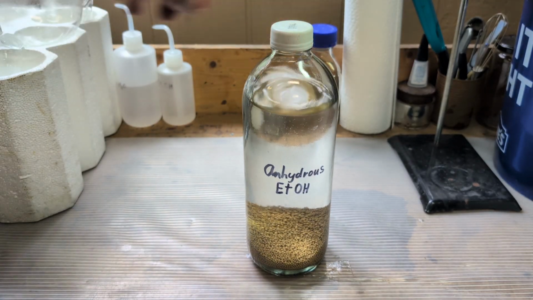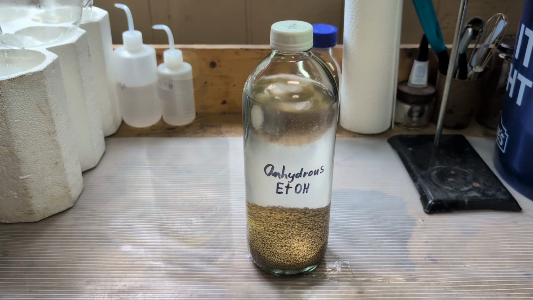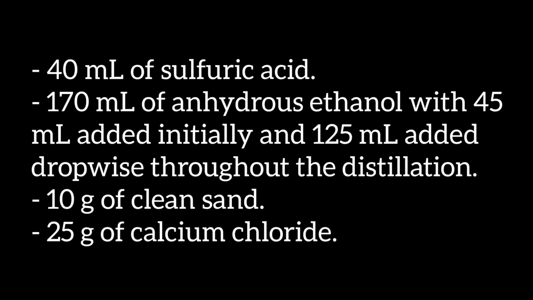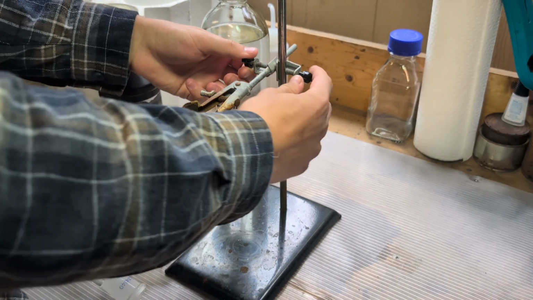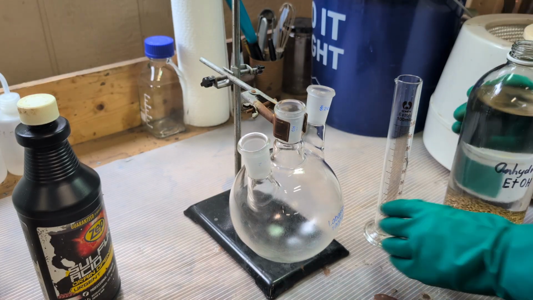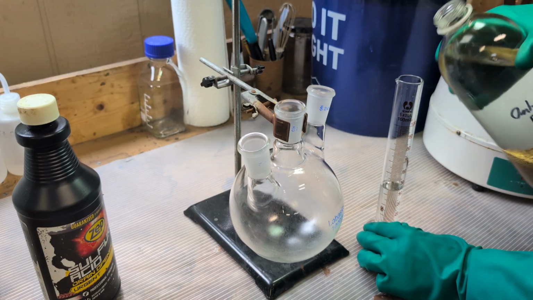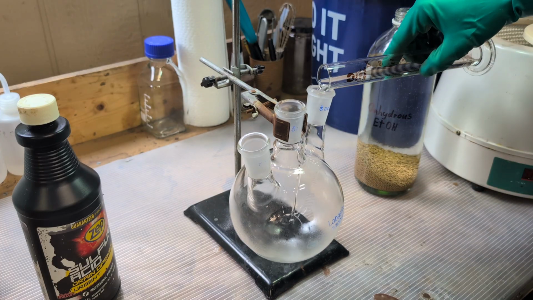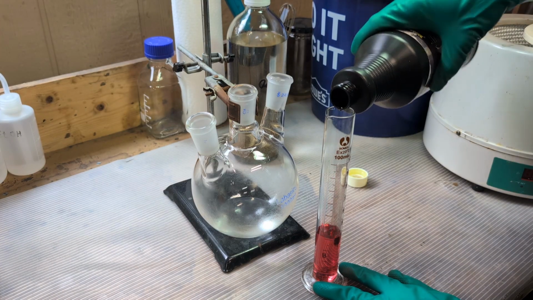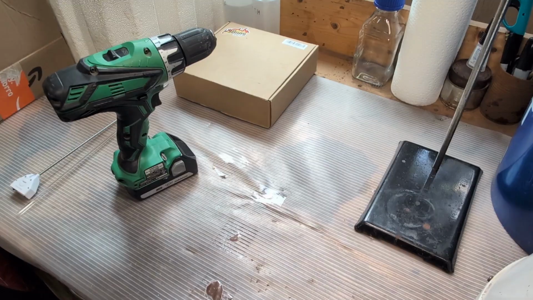anhydrous ethanol and concentrated sulfuric acid, which in my case comes in the form of drain cleaner. For reference, here are the quantities of every reagent used in this synthesis. To begin, I prepare my round bottom flask, and into it I add 45 ml of anhydrous ethanol. I then measure out 40 ml of sulfuric acid, and at this point I realize I don't have a glass